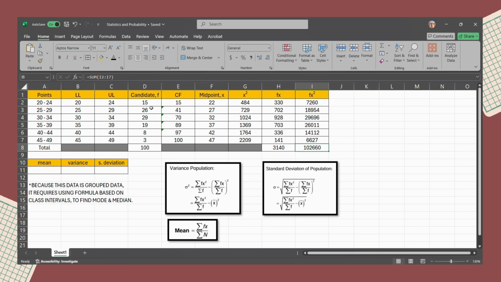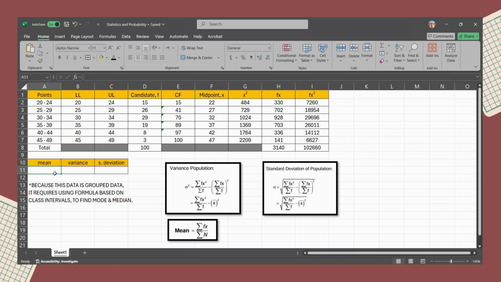Next, after we have all of the data, we can find the mean. For the formula of the mean, we can see this formula: sum of fx divided by n, which is the sum of frequency.